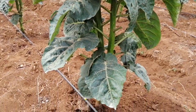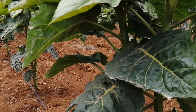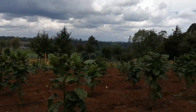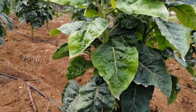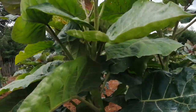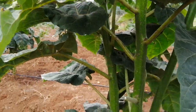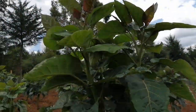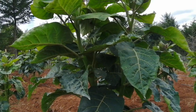It's been quite an exciting journey, and even more so when you look at the transformation that our field has undergone during that time. 7, they say, is a lucky number. I think for us, 7 marks the flowering of our trees, and you can clearly see how big our trees have grown within that period of time. If you check my earlier posts, I mentioned that we planted these trees on 5th of December 2020,